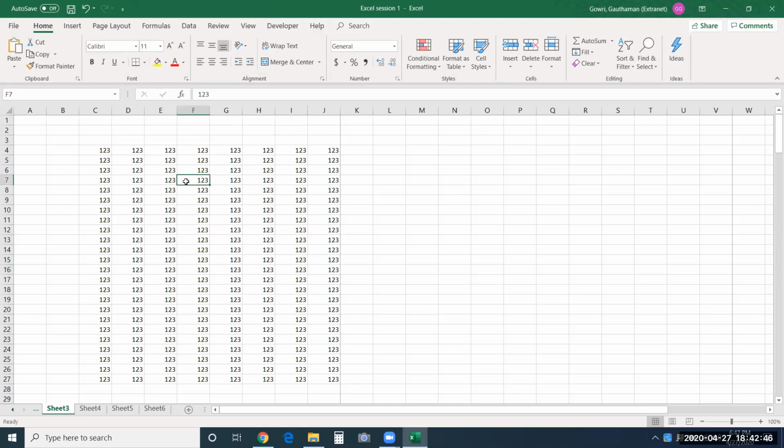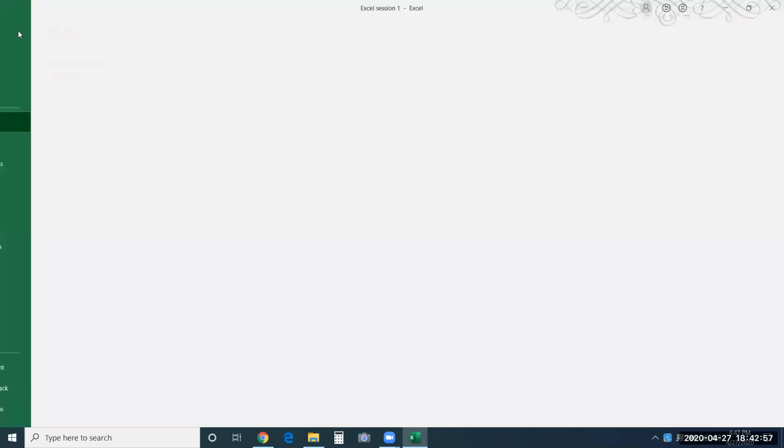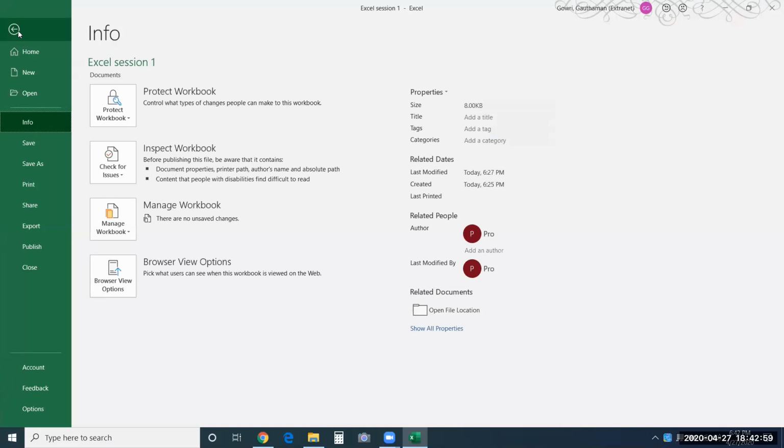So these are a few options that are available to us in the screen layout. Now let me explain the backstage view. So this file tab is meant for that. They have included a new tab in the advanced versions. So right after 2007, since the 2010 version, you have got this file tab.